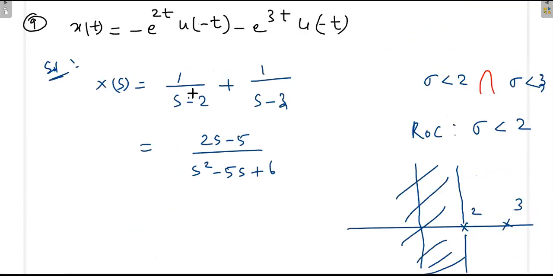Then ninth. Again, first we are operating at negative time. If you put negative infinity, e power minus infinity is 0, this is okay. And here also, you are operating at negative time, so e power minus infinity is again 0. So this is a stable system. But both components are in the negative time index. That's why this is an anti-causal system. So we have seen stability and causality for all the 9 questions.